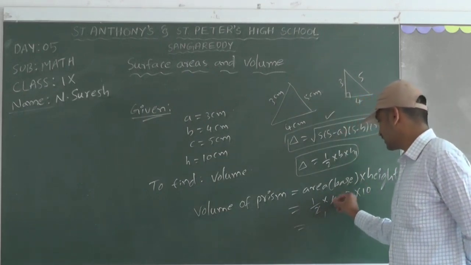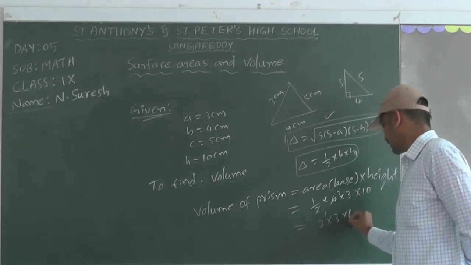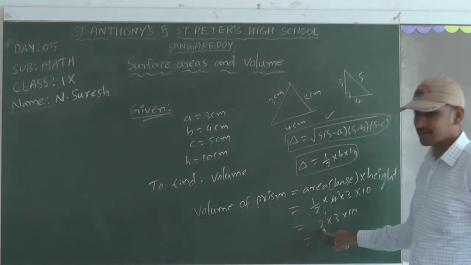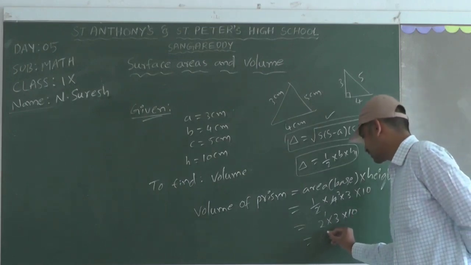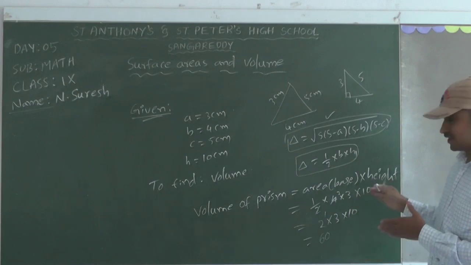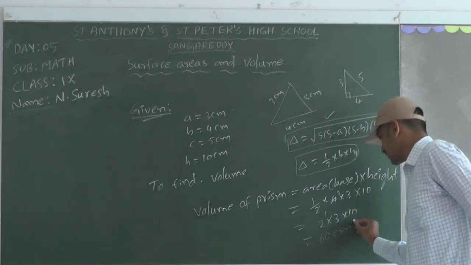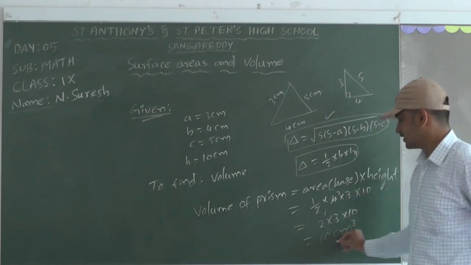So 2 into 3 into 10. 2 into 3 is 6, into 10, 60. The unit is centimeter into centimeter into centimeter, that is centimeter cube. Otherwise you can write cubic centimeters. This is the volume of the